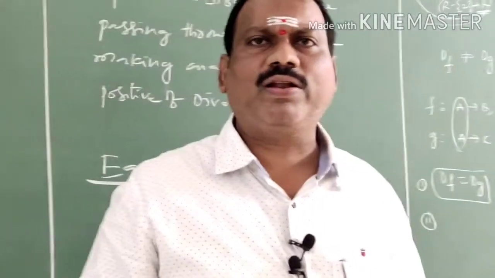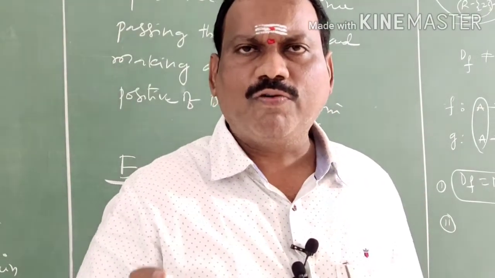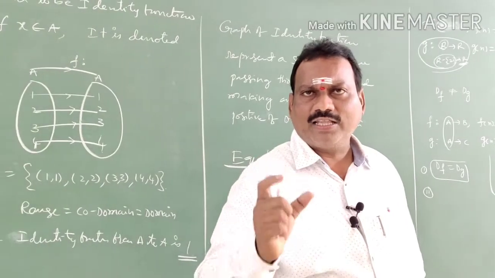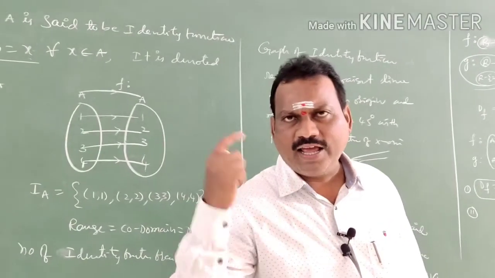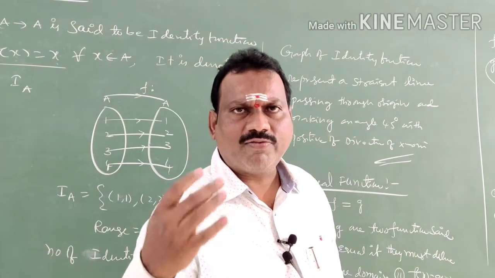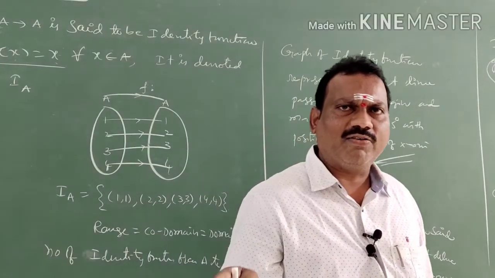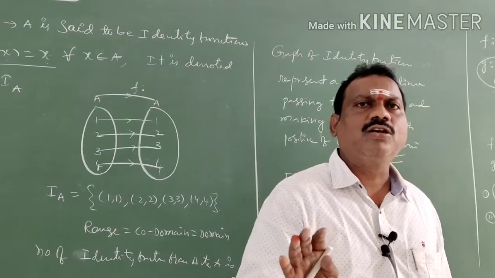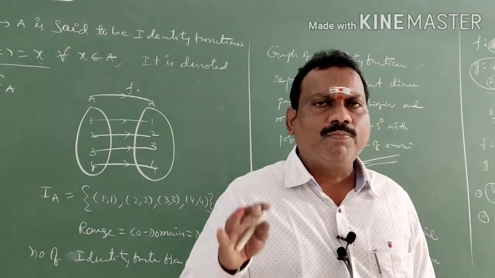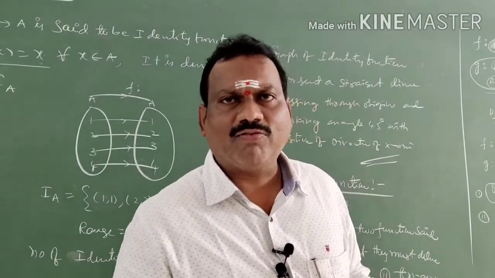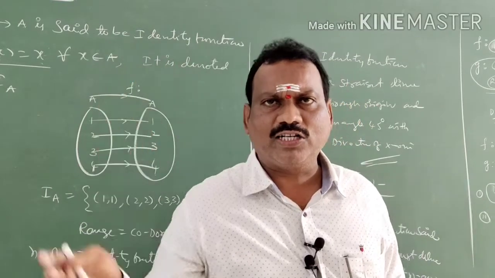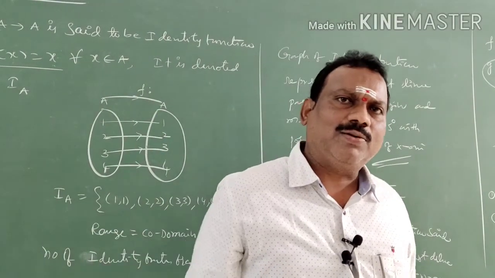So you should remember, a very important thing: if two functions must be defined on the same domain and the range is the same, then only we will say that those two functions are equal functions, otherwise they are not equal functions. Clear, students? So now we will discuss, based on these definitions, PU level exercise 1.1. After that, a few more kinds of functions are also there. Later we will discuss that.